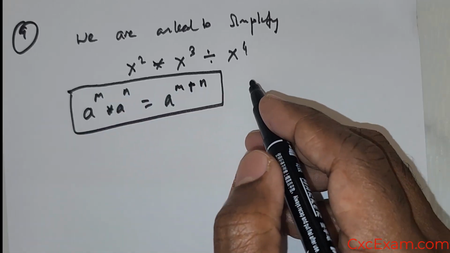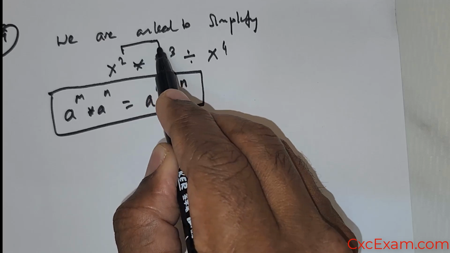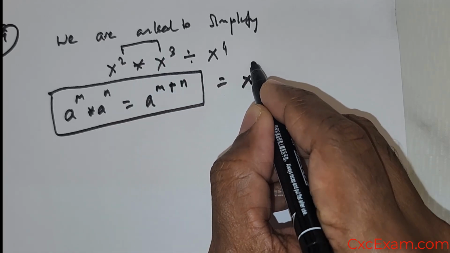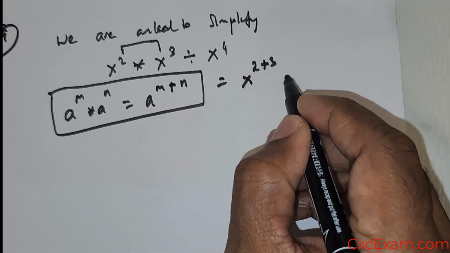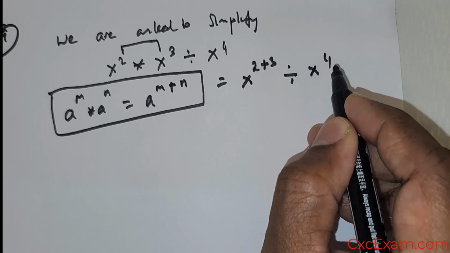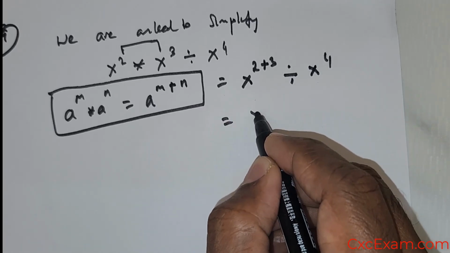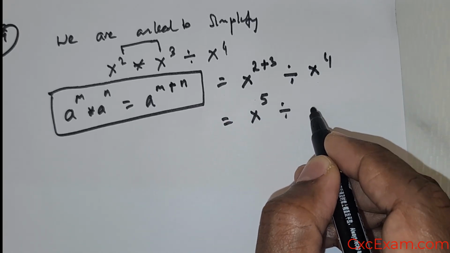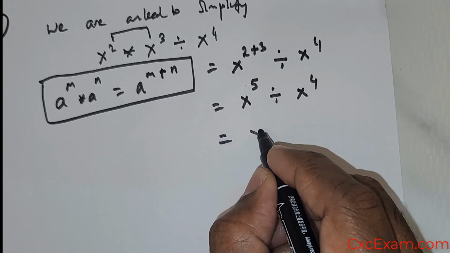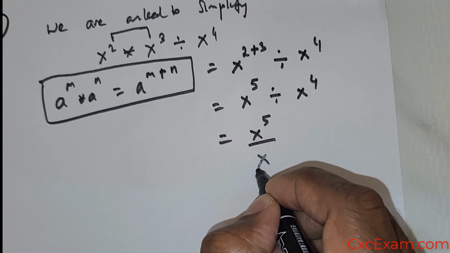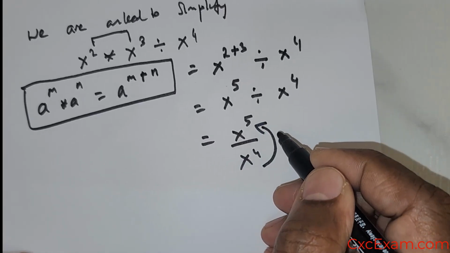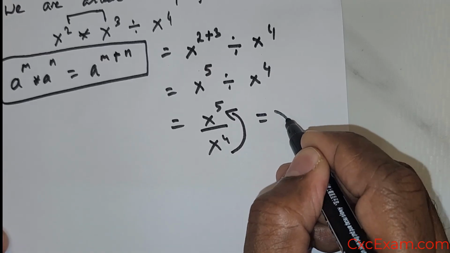So by this formula I will club these two components and rewrite this as x raised to the power of 2 plus 3, with the division sign followed by x raised to the power of 4. So this is going to be x raised to the power of 5 divided by x raised to the power of 4. Now if you were to move this to the numerator, this is going to be x raised to the power of 5